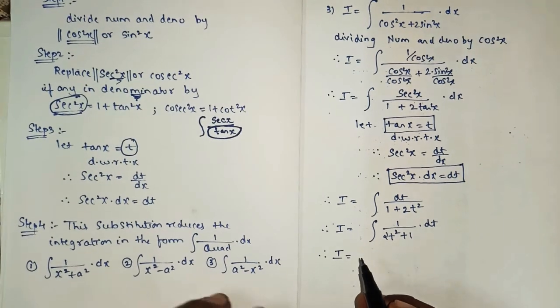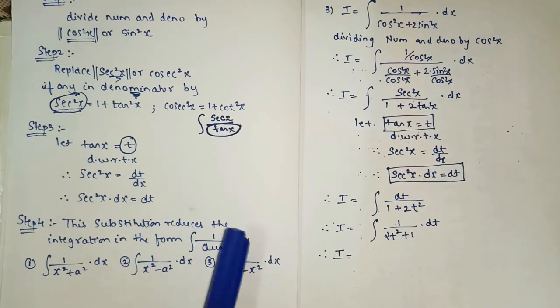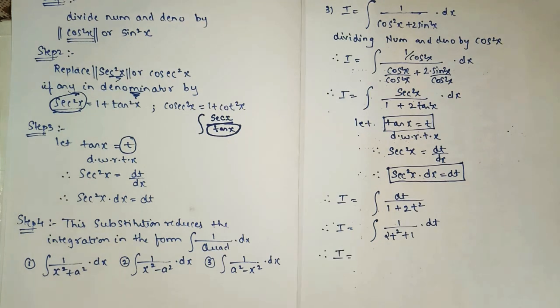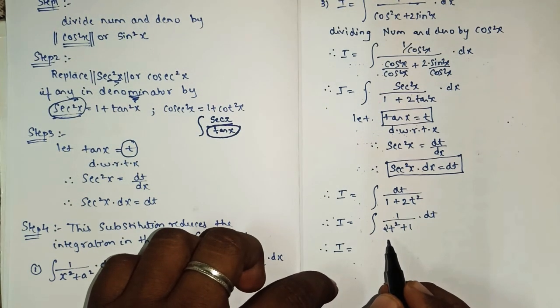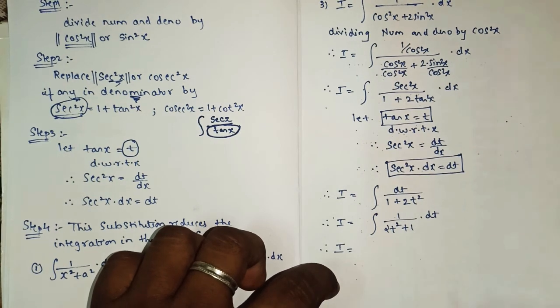As clearly we can see, after substitution, the integration is reduced to the form of 1 upon quadratic. And I hope you all know how to solve the 1 upon quadratic section, as in all the types, whether it is type number 4, 5, 6, we have seen the 1 upon quadratic section. In the first lecture only, when we were dealing with the sum of 1 upon quadratic part, that is type number 1a, I told that this section will play an important role in many types. Okay, so here we know that we have to make the coefficient of the square term 1.